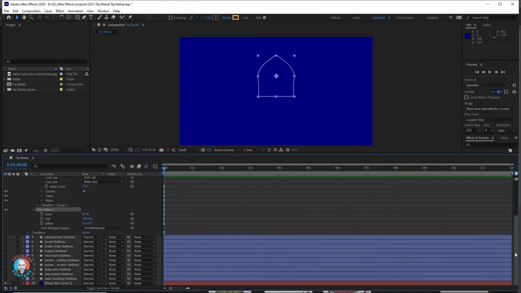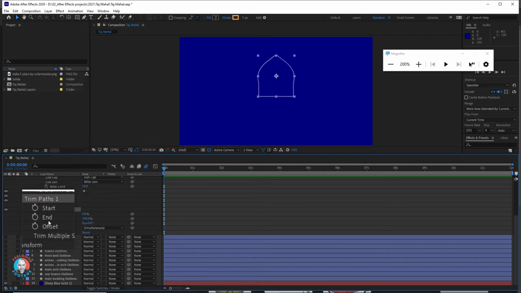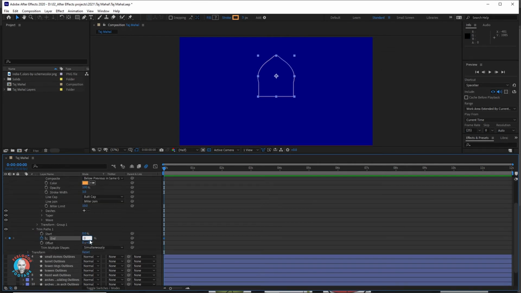For the most basic animation version, I'm just going to be working with the End property. Assuming the other values are unmodified, when the trim path End is at 0%, it's empty. When it reaches 100%, it's complete, fully revealed. So simply by adding keyframes to reflect those 2 values, you create an animation in which the stroke will be revealed.